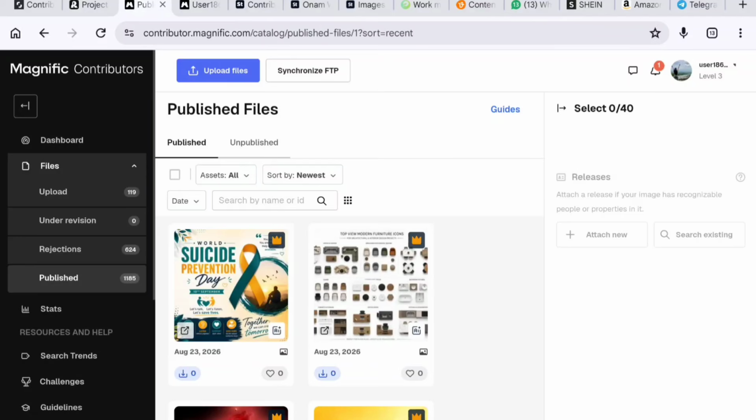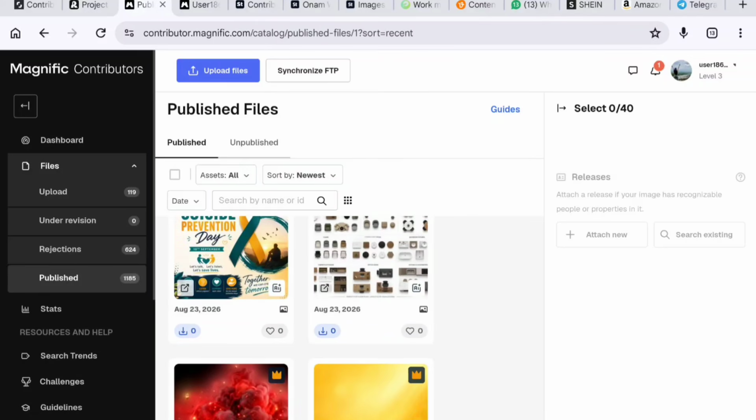So my biggest advice to you is to create your own content. You can upload AI images also, but there is less scope for AI images on this platform. So experiment, look at what works, learn from your results, and keep improving.